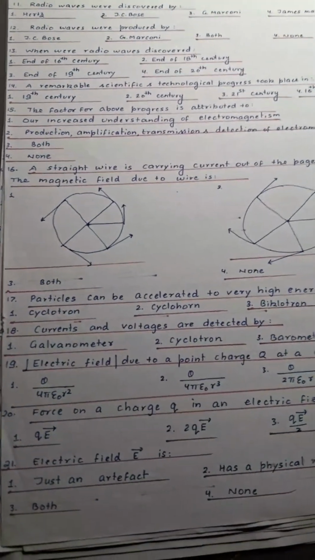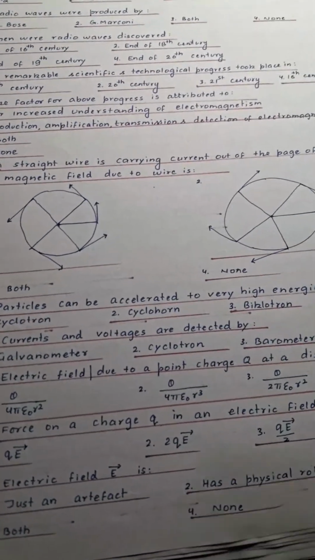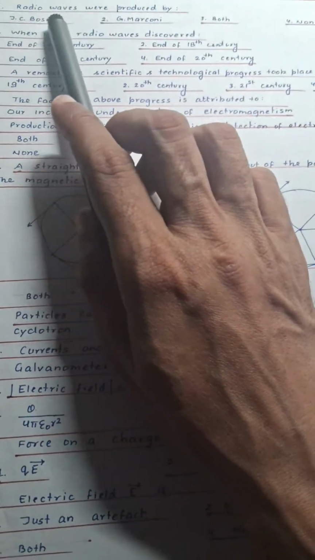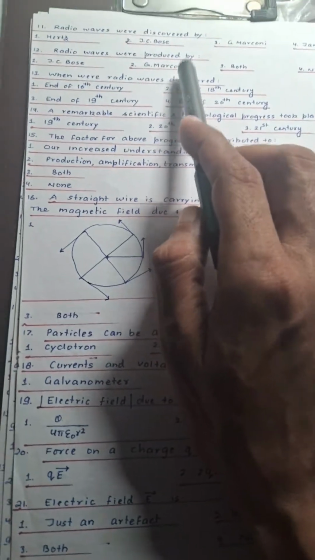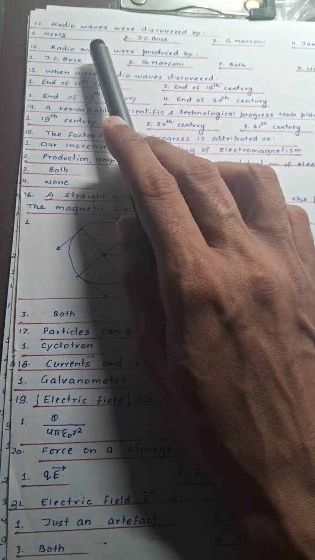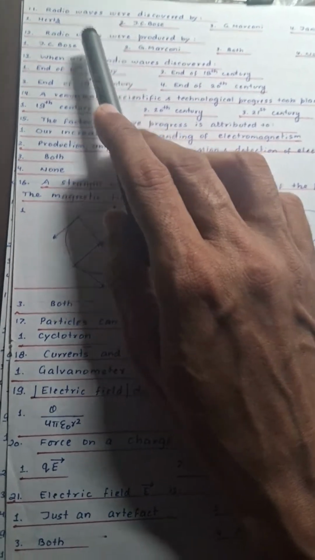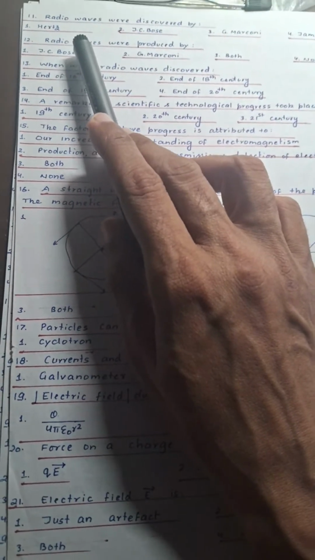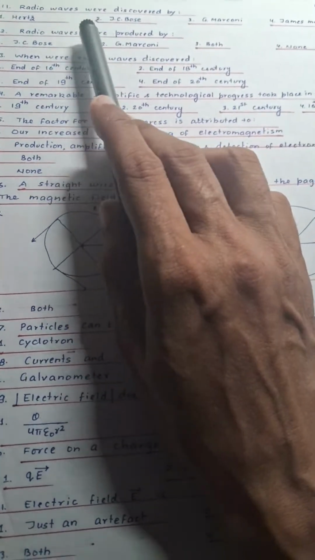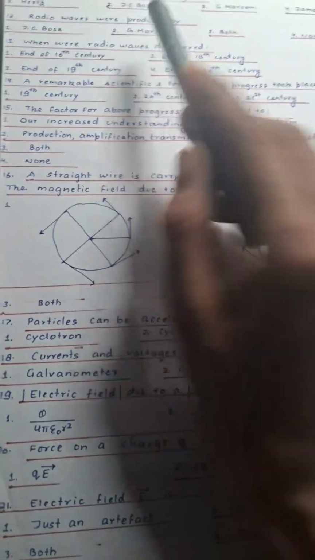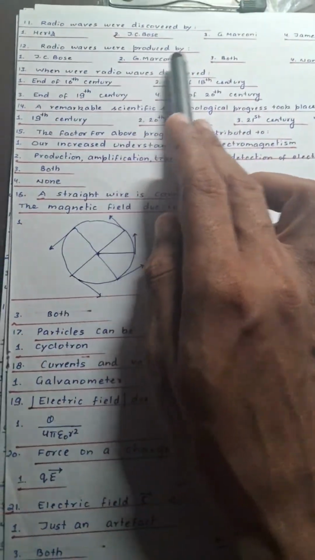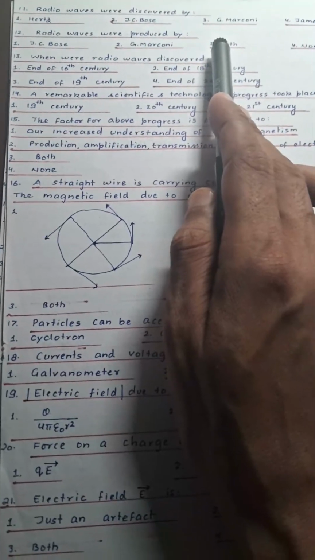12th इज रेडियो वेव्स वर प्रोड्यूस्ड बाय। अब प्रोड्यूस मतलब एक्सपेरिमेंट्स करके किसने देखा था। सो इसमें दो साइंटिस्ट का नाम आएगा, जेसी बोस एंड जी मार्कोनी। यहाँ पे एक छोटा सा कॉन्सेप्ट समझें कि डिस्कवर हर्ट्ज ने किया था ड्यूरिंग हिज एक्सपेरिमेंट्स, एंड इसको एक्सपेरिमेंट होने के बाद इसको प्रोड्यूस करके लैब में क्रिएट करके दिखाया था इन्होंने। ये आपके जेसी बोस एंड जी मार्कोनी बोथ आएगा। सो थर्ड जो है यहाँ पे करेक्ट हो जाएगा।